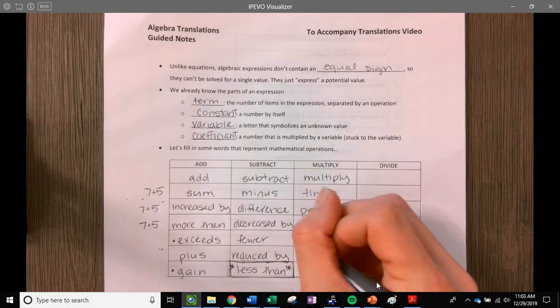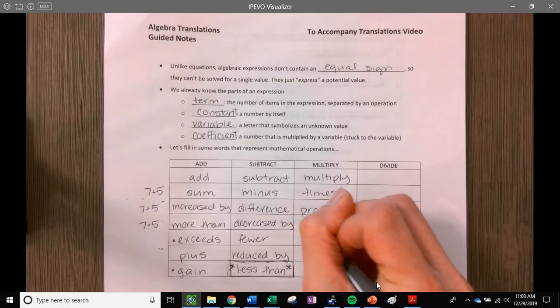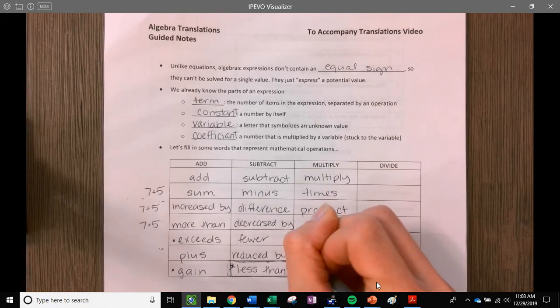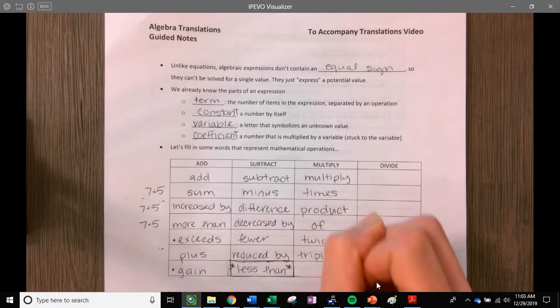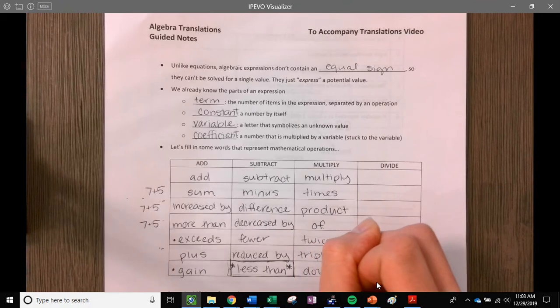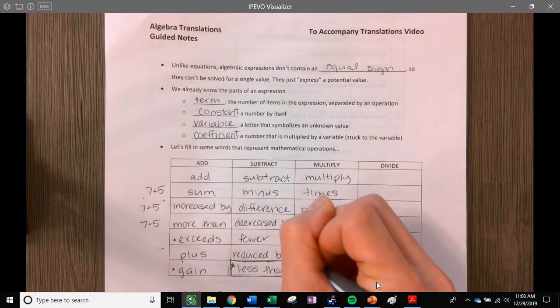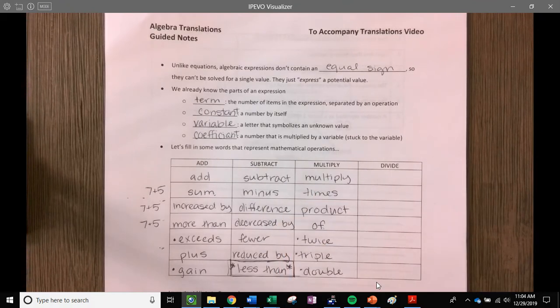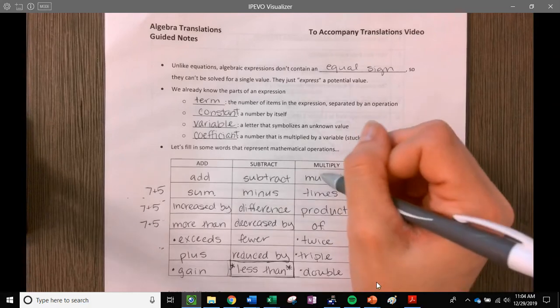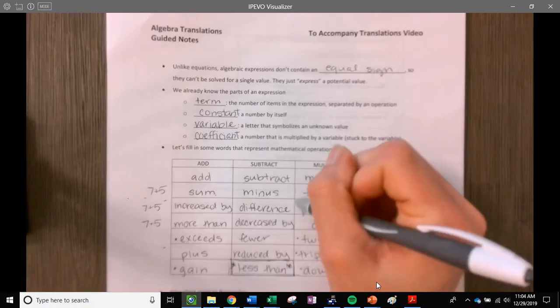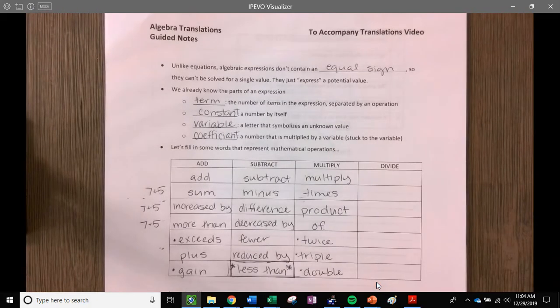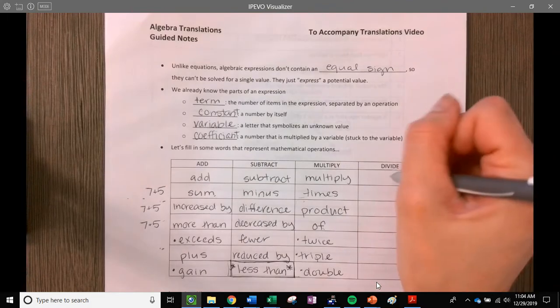You may also see things that are specific to the factor that you're multiplying by, like twice, triple, or double. Those will occur a little bit less. These guys, multiply, times, product, and of, those are going to be the ones that you see most often for multiplying. And then divide,